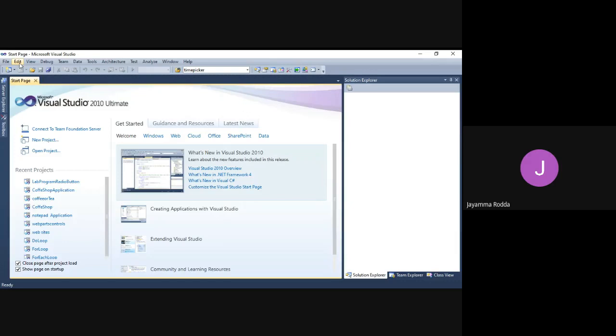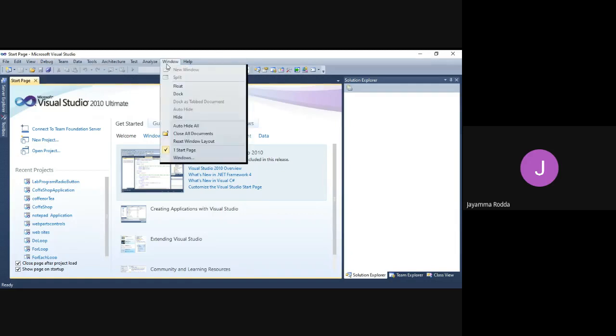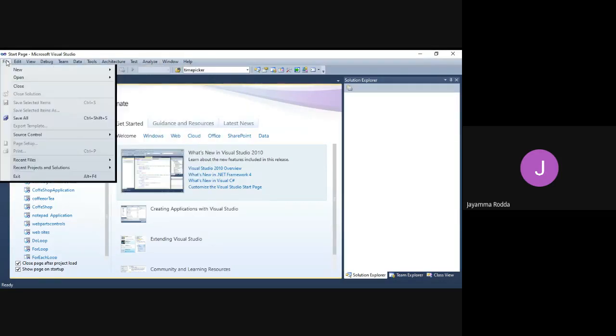Since it is a Microsoft developed application, like you know about Microsoft Office tools, like that only we will have the menus. This is the file menu, edit menu, view menu, debug menu. Like that we'll have menus, and it is a graphical user interface, GUI, which will be easier for a user to interact with. That is why it is a popular language in the world.